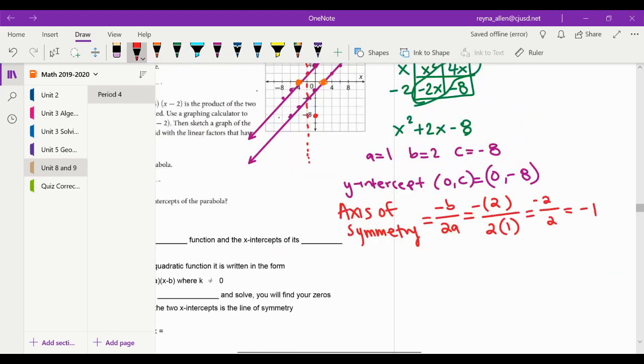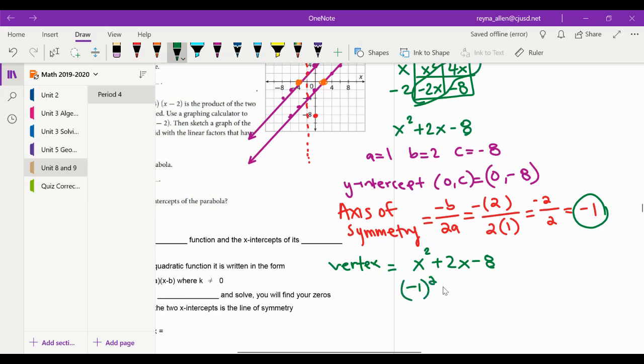Okay, now let's find our vertex. To do our vertex, we need to use our axis of symmetry. So this number that we got for x, we have to put that into our original equation. Our original equation is x squared plus 2x minus 8. And then we're just going to put a -1 anywhere we see an x. Okay, -1 times -1 is +1, -2, -8. Put my negatives together,